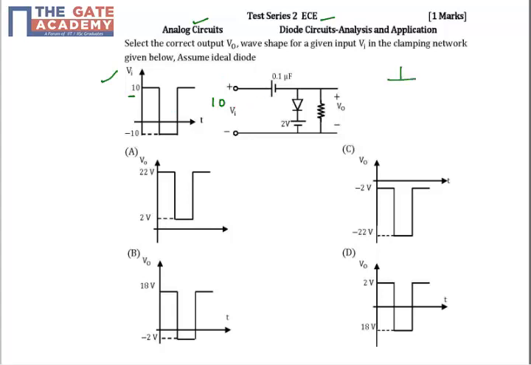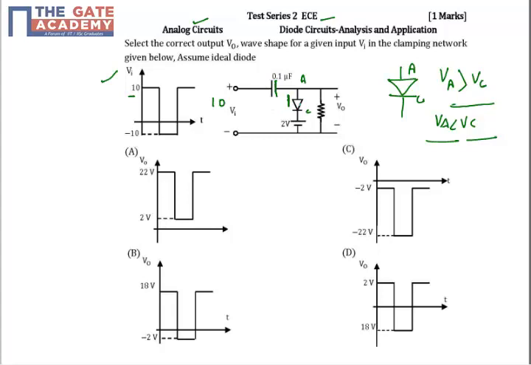You know that the diode has a very good characteristic, in which there is an anode terminal and a cathode terminal. Whenever my VA is greater than VC, my diode will behave as a short circuit because it's an ideal diode, and when my VA is less than VC, my diode will behave as an open circuit, right? So this is the characteristic of the diode. When my input is 10 volt, my diode will behave as a short circuit because the anode of the diode is greater than the cathode of the diode, and there is a capacitor of 0.1 microfarad, right?